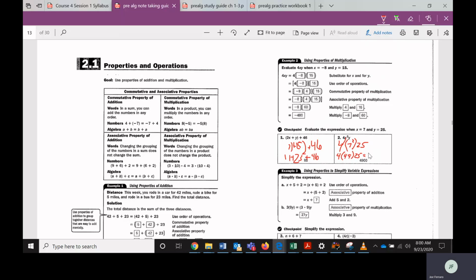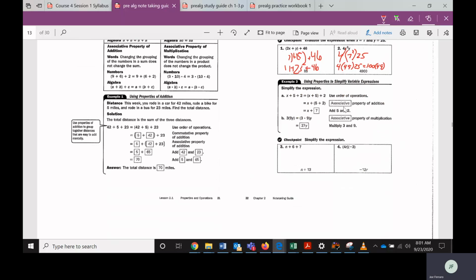You could do, instead of 4 times 49 first, you could skip the order and do 4 times 25, which is 100, and then times the 49, which is 4,900. So that's just practice on that. Again, same